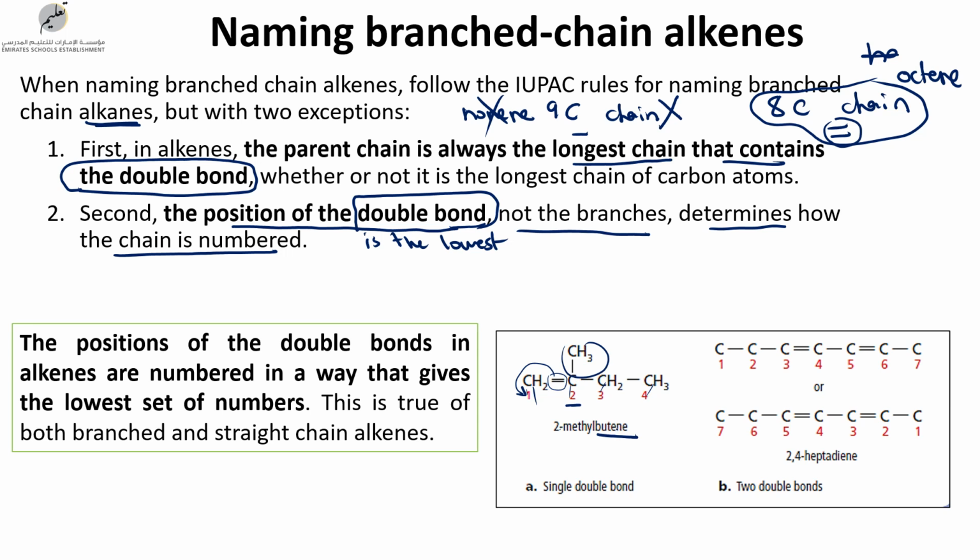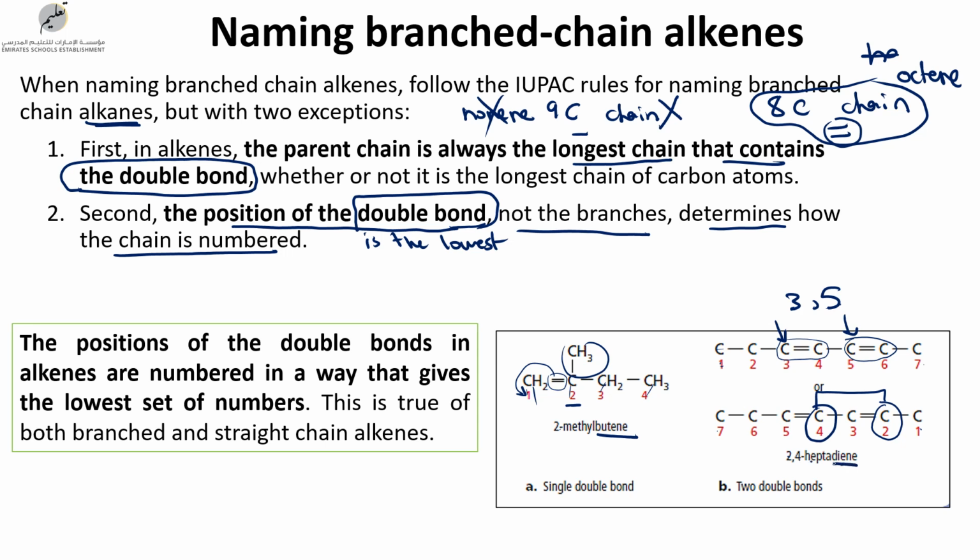Okay? Now if I have a carbon like this, and a hydrocarbon like this, and I have 2 double bonds, so I have this one and this one, right? If I choose naming from left to the right, the locations are going to be 3 and 5. If I give numbers from right to the left, then the locations are going to be 2 and 4. Okay? Which one is lower? 2 and 4. So it's going to be 2 and 4